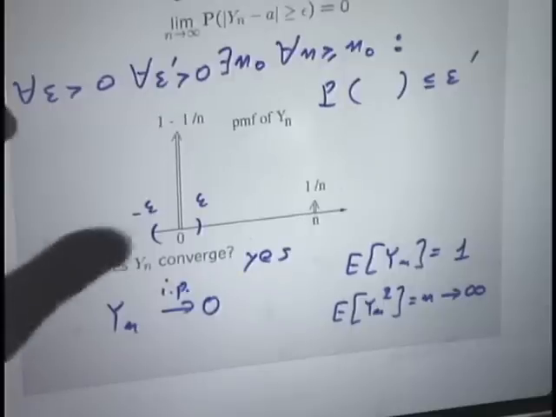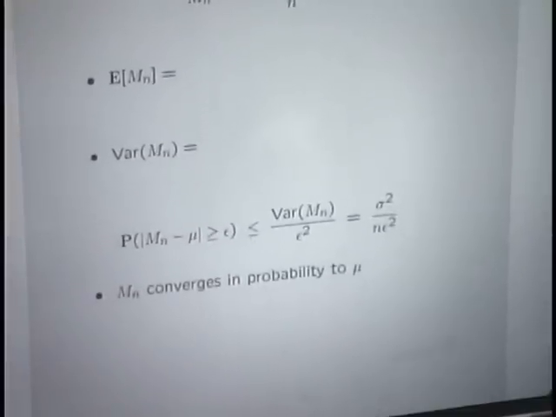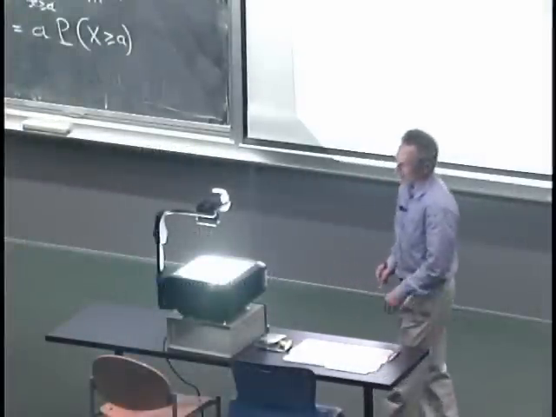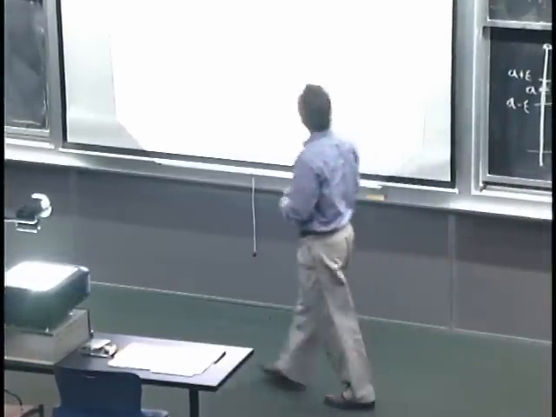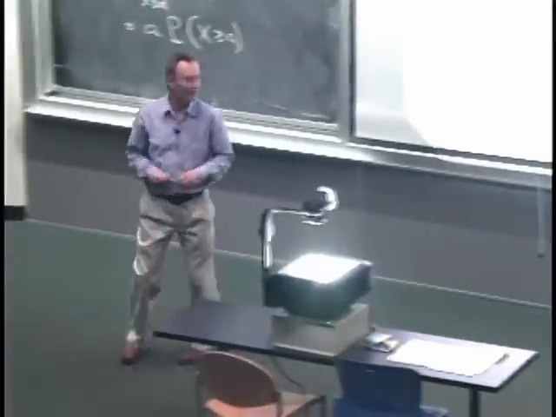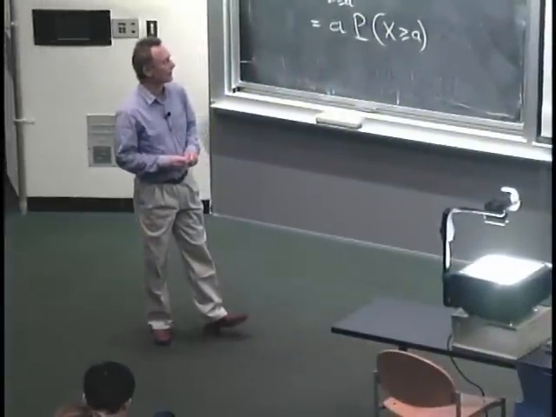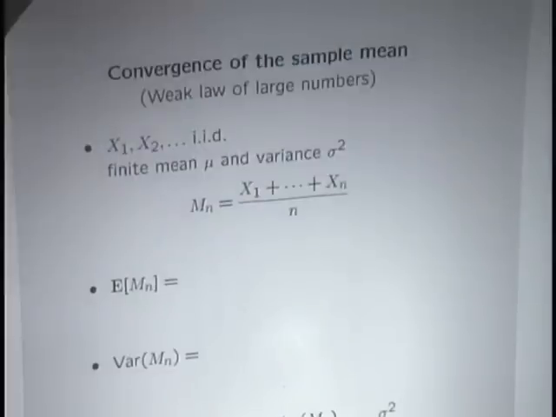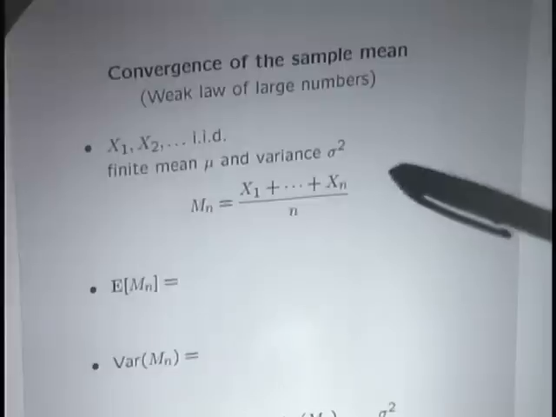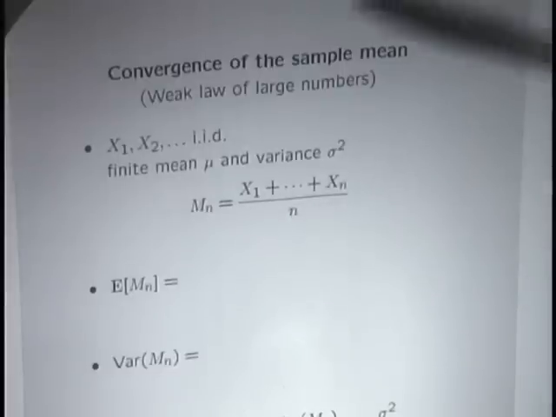Okay, so now we've got everything that we need to go back to the sample mean and study its properties. So the setting is that we have a sequence of random variables. They're independent, they have the same distribution, and we assume that they have a finite mean and a finite variance. We're looking at the sample mean. Now, in principle, you can calculate the probability distribution of the sample mean because we know how to find the distributions of sums of independent random variables. You use the convolution formula over and over, but this is pretty complicated, so let's not look at that.